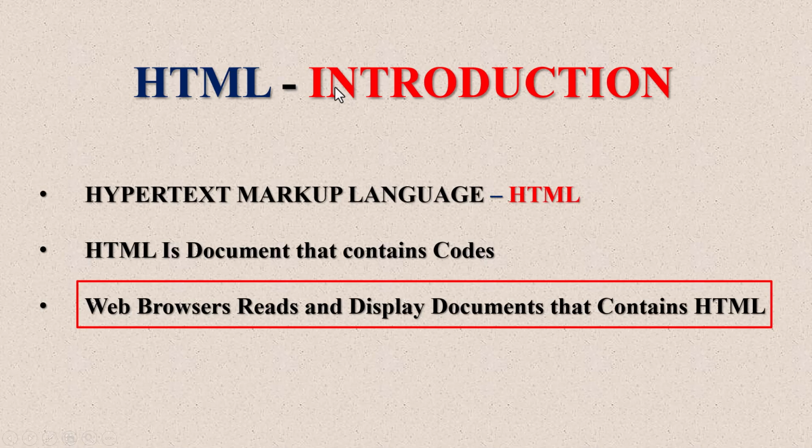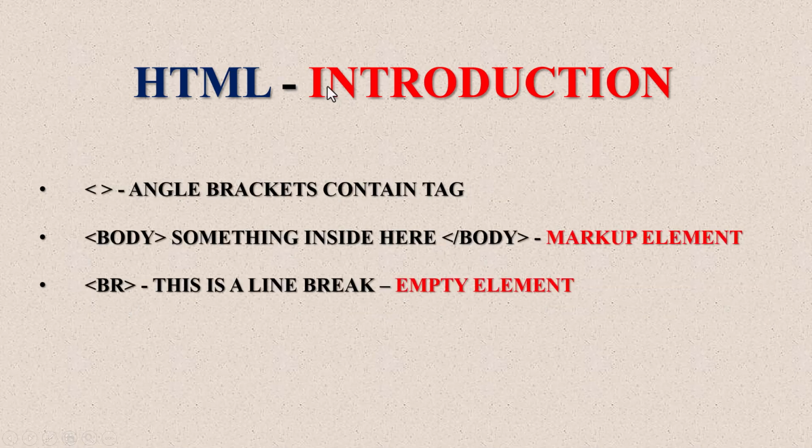And the next thing to understand is this concept here. This, for example, this open bracket, less than and greater than, this angle bracket contains tags. Tags here are some elements that we will be using in HTML development, here the body tag. These are the tags above, and here the body opening tag and the closing tag here contain the markup element. The markup element here is this word, sentence, something inside here. This is the content of the site, and this